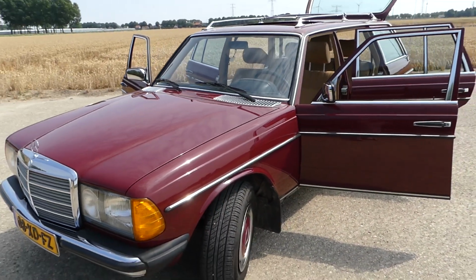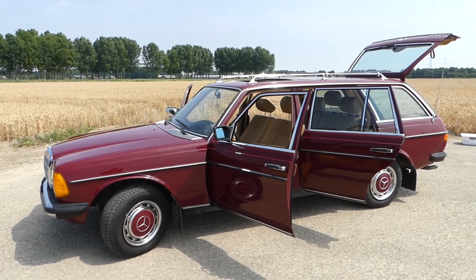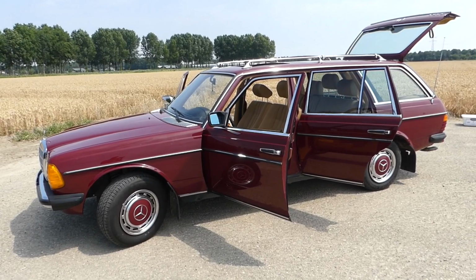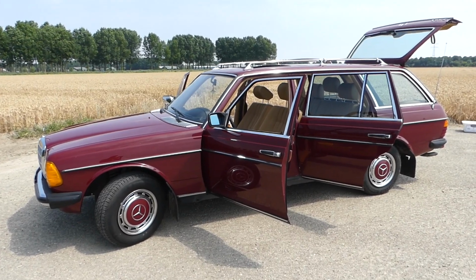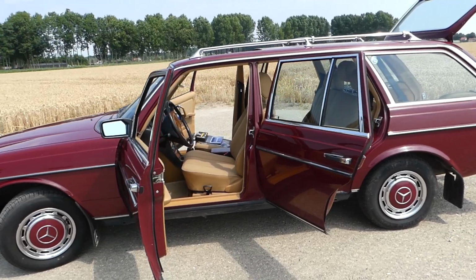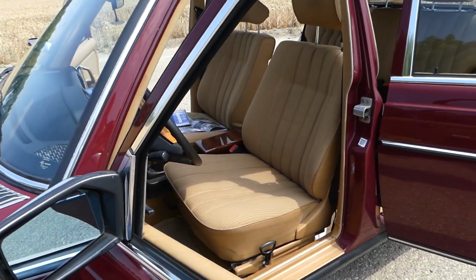Dodie is dressed in Barolo red, color code 540, a color that is pretty rare on a 123 series, in any case here in the Netherlands, primarily because it was only available in '84 and '85. Her interior is Dattel cloth, and that's color code 54,